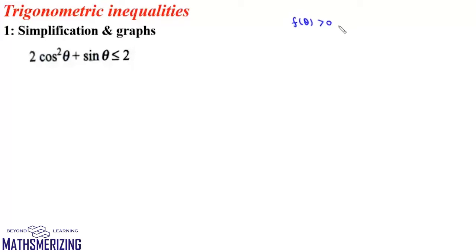Now the first step to solve any trigonometric inequality is to work out its fundamental period, say T. The next step is we'll try and solve this inequality in any interval of this length T. For example, suppose the fundamental period is 2 pi. Then we can solve this inequality in any interval which is of 2 pi length. We can solve it from 0 to 2 pi, or we may take it from minus pi to plus pi.